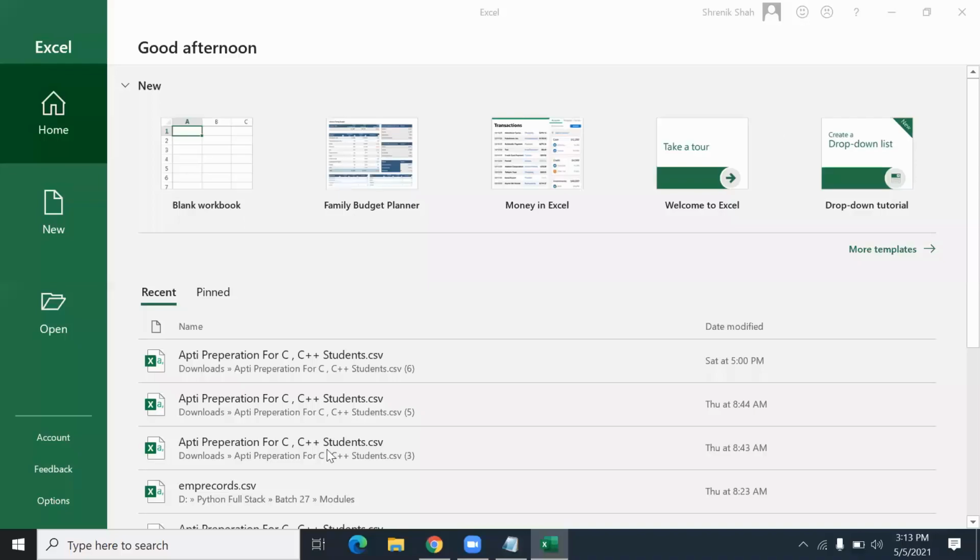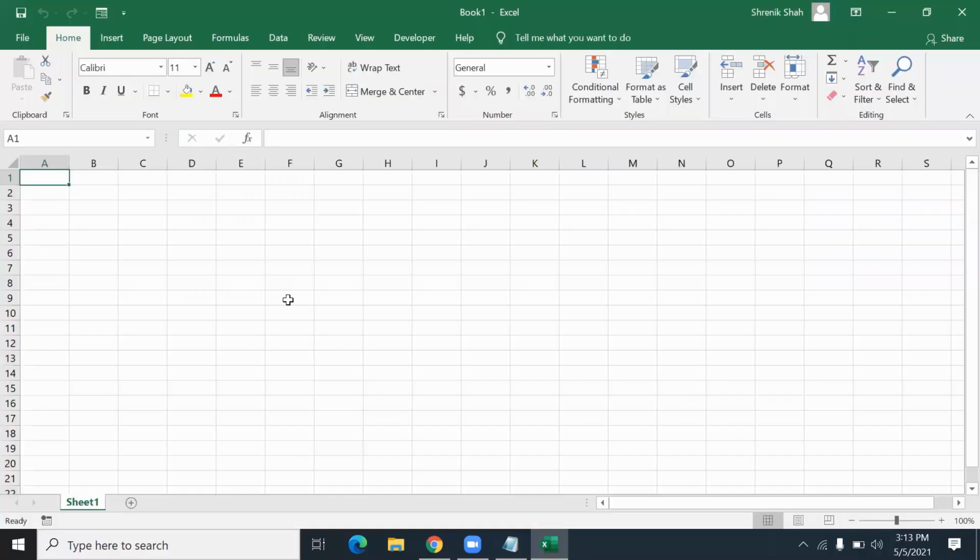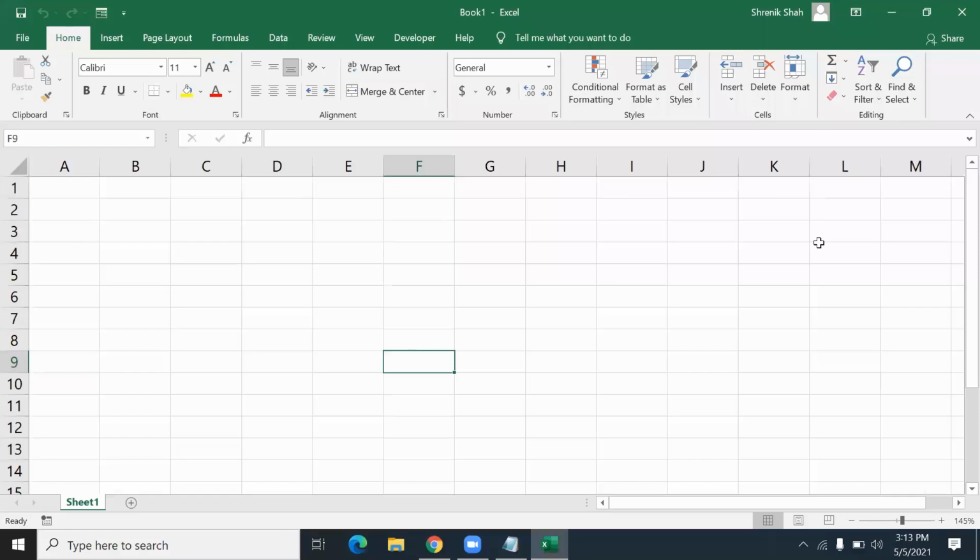So when you open Microsoft Excel, you will see this window called Backstage View, and I select blank workbook. Now here in the blank workbook, you will see the grids, as well as the first section, the tab section. So File, Home, Insert, Page Layout, Formulas, they are all the tabs. If you don't want some tabs, you can remove them. Even though there are many tabs available, if you want to add them, you can add also.